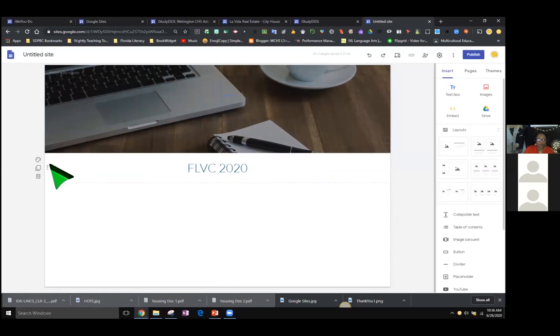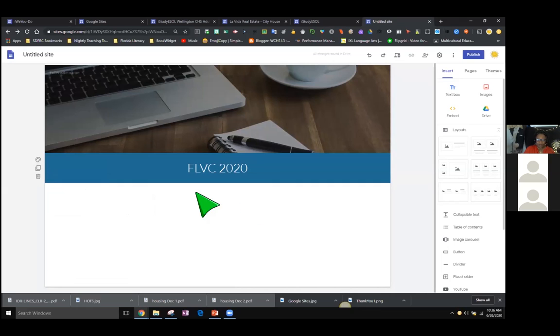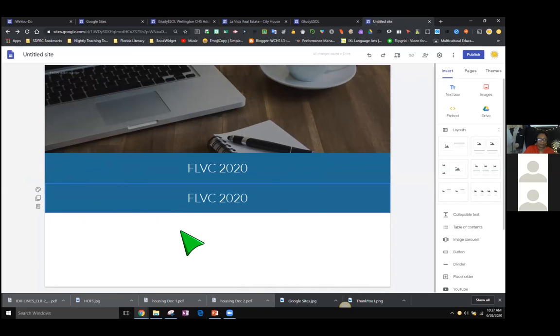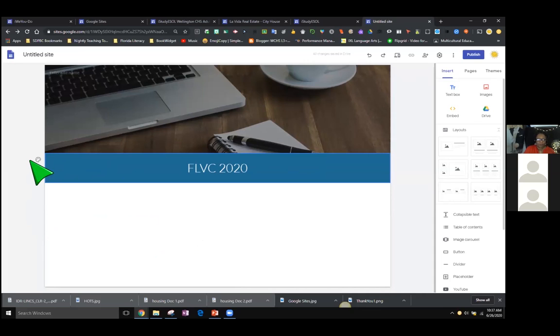You can also change the color of the cell right here. The default for this is blue because it's defaulted to a theme. I did not select a theme, it's just defaulted there right now. These icons on the side mean paint, a palette for colors. You can duplicate. If you click here, it duplicates that panel, as well as delete. So it's real simple. Paint for color, duplicate, and delete.